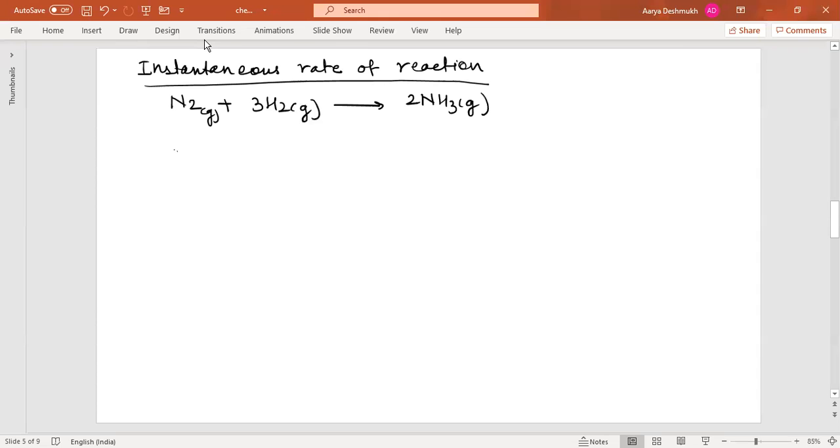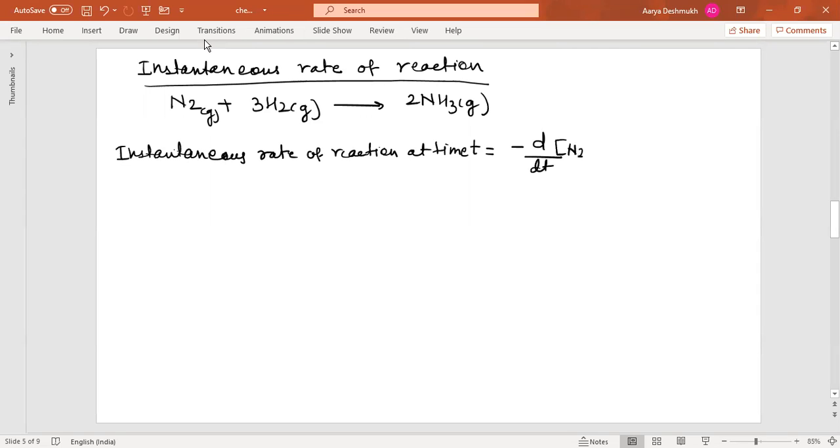So the instantaneous rate of reaction at time t can be written as minus d/dt of the concentration of N2, isn't it? This will be equal to,